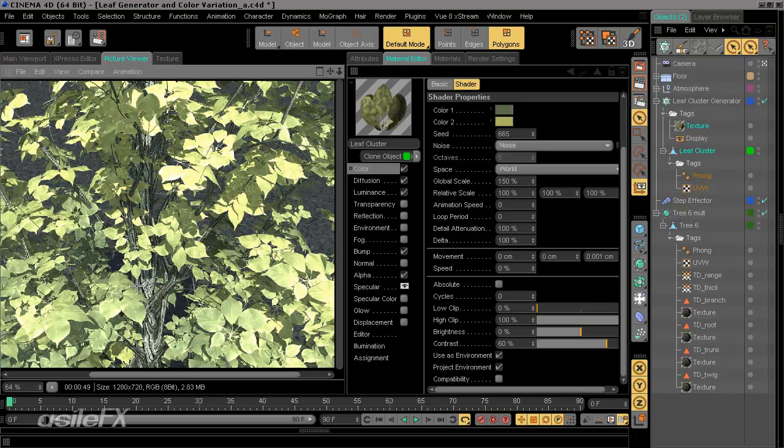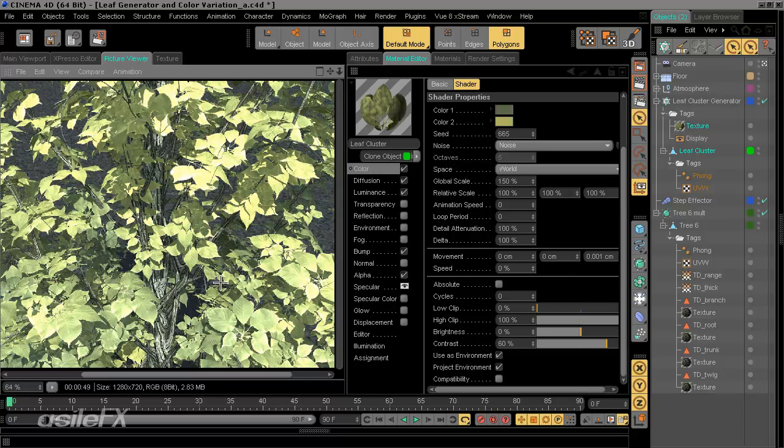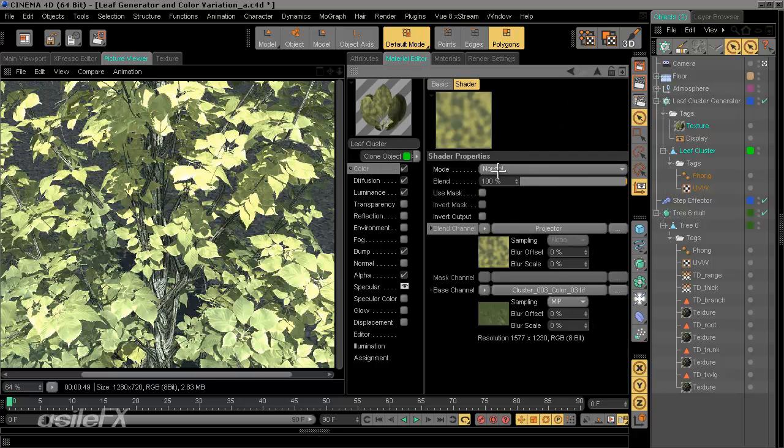So now if we take a look at the render, what we can see are the different colors showing throughout the generation of the leaves. Right now the color channel is no longer really showing the texture, it's just showing that noise. So that's also an acceptable way, since we have diffusion, and the luminance channels, and the bump, and everything else linked to the texture. So we could leave it like this and just set up some new colors to make it look a little more realistic. But what I want to do is go to Fusion, and we can set up